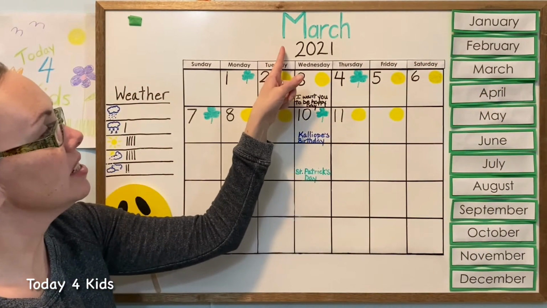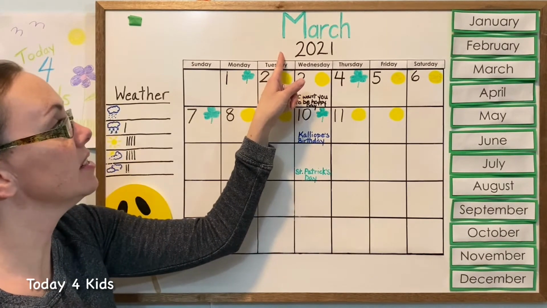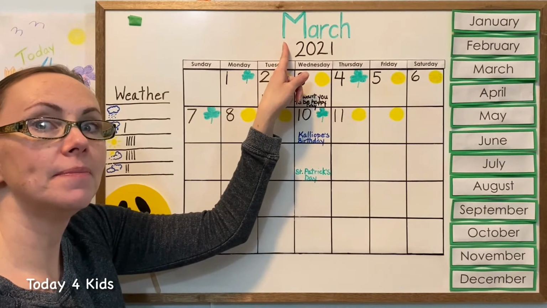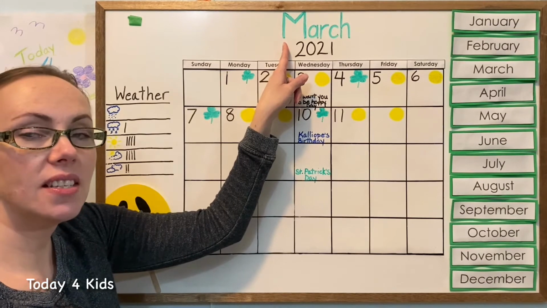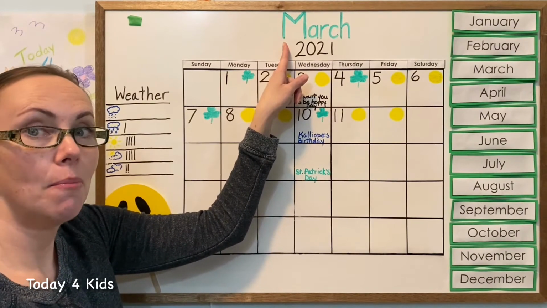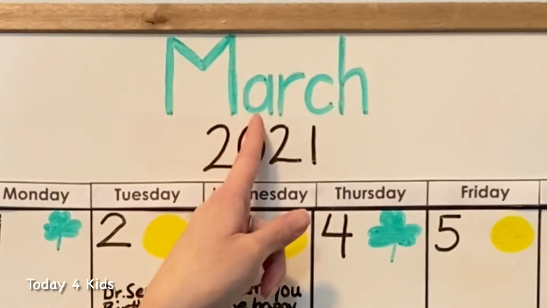And we have printed it at the top of our calendar so that we can always just glance at the calendar and know what month it is. And March begins with a capital M. And M sounds like Can you say it? Good job. And words that start with M are monkey, money, Monday, capital M-A-R-C